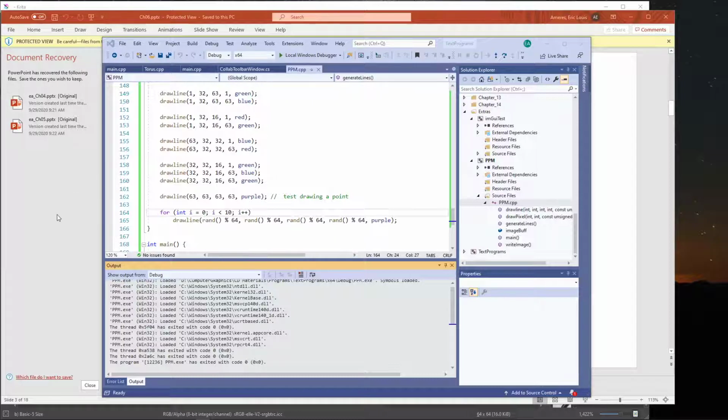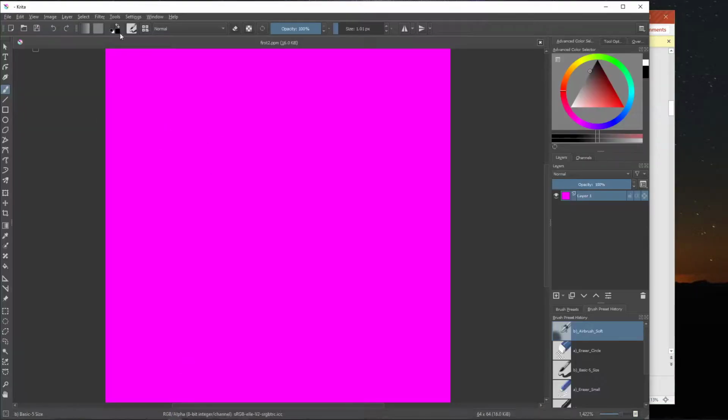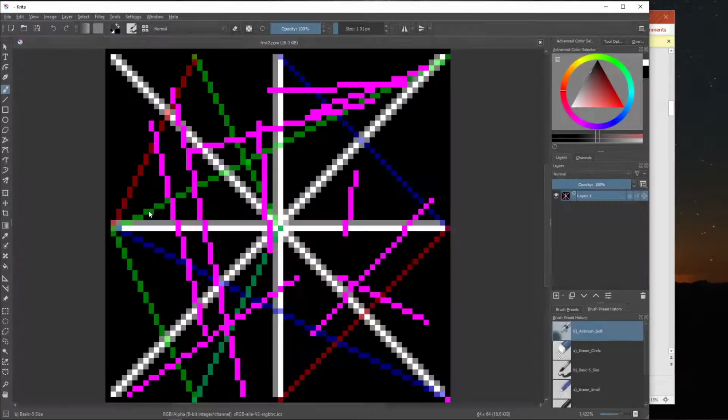So all of my cases here, go to Krita again, and unfortunately it doesn't automatically refresh, so I have to close this image and then open it again. So there it is with 10 random lines, some that are kind of steep, some that are kind of flat. This one is going down, that one's going up, that one's going that way. So I'm pretty convinced that they're